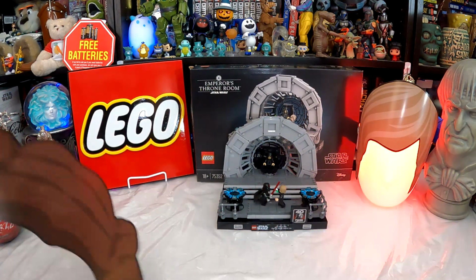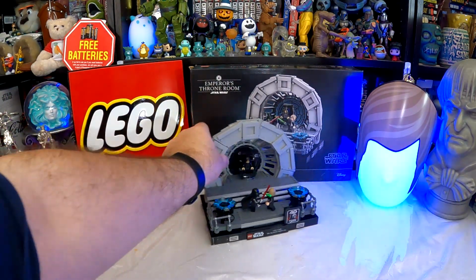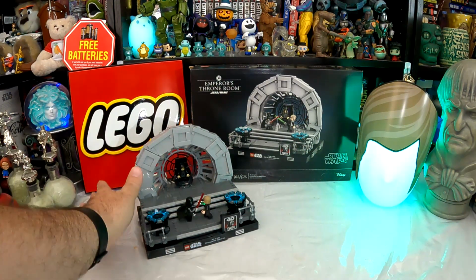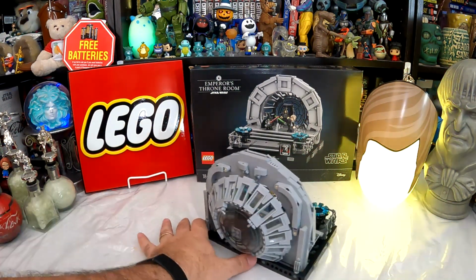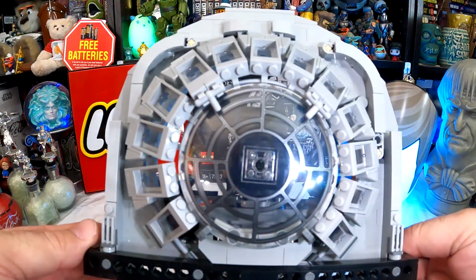I mean, I wanted the promo stuff, but I picked up, obviously, the Emperor's Throne Room here, which, brief rundown again, is a nice iconic scene. I like how they managed to get the roundness here. I was disappointed that this side wasn't themed and that this little 2x2 here keeps you from doing the thing with the Emperor looking out the glass, but